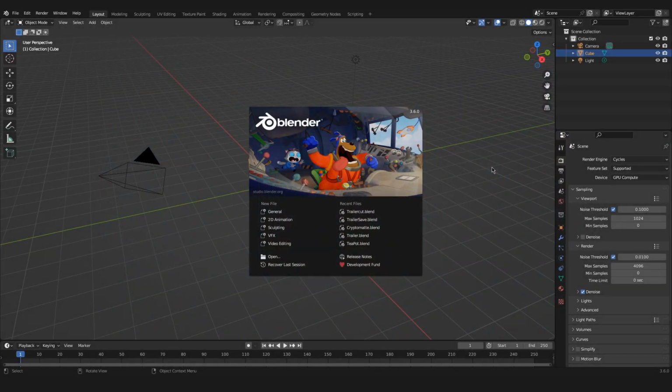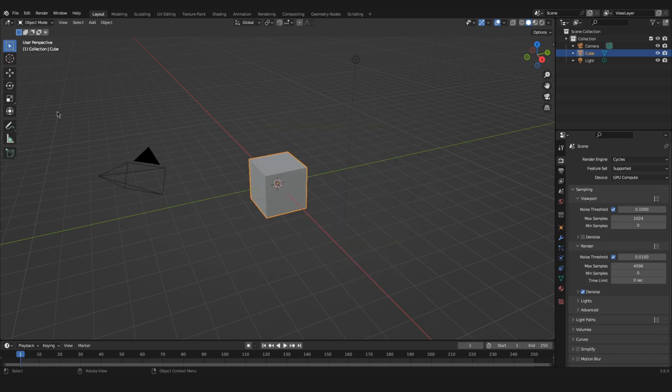Okay, so video editing inside of Blender. This is the topic of today's video, and we will get straight into it. So I just opened up Blender 3.6 like that, and in here for us to be able to edit a